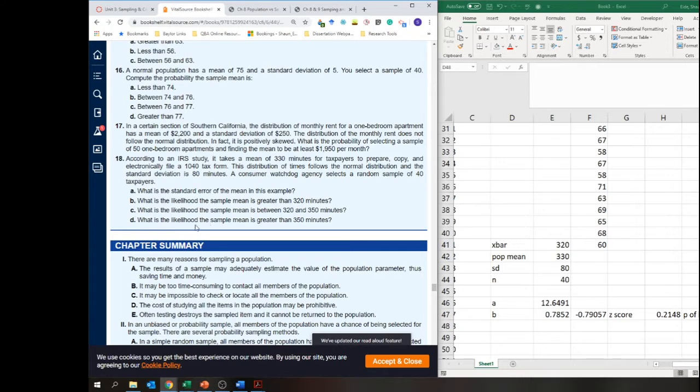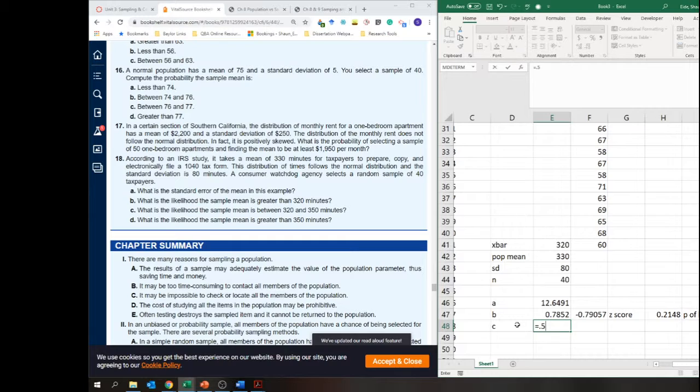And then between 320 and 350, once again, we're using that fun little rule where 320, let's see here, the average is 330, so this is 10 below and then 20 above, so we're gonna have to do a little bit of calculations. The best way to do this is to say, hey, what's the probability of it being between 320 and the mean? So I'm going to do that first. So it's going to be